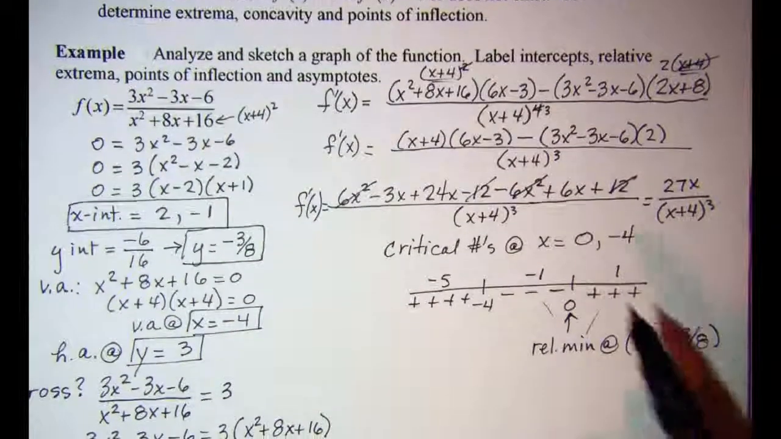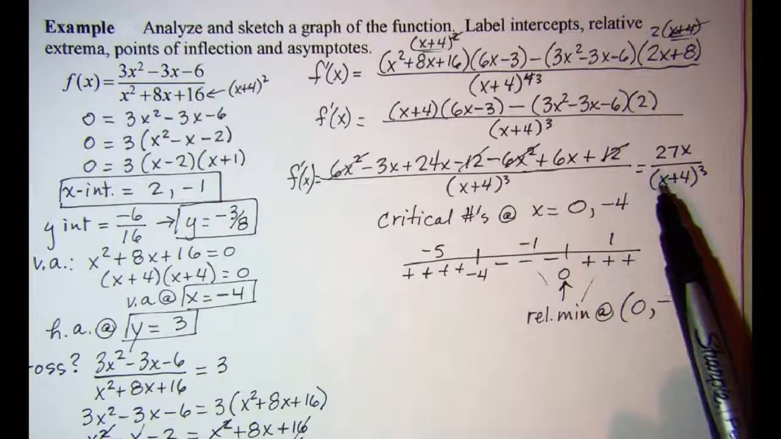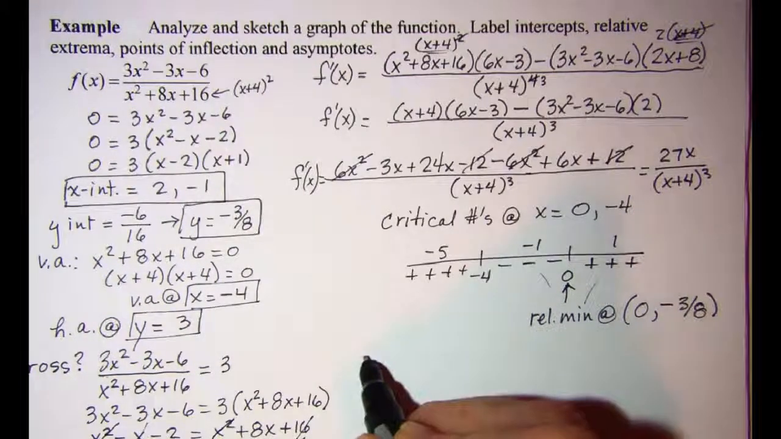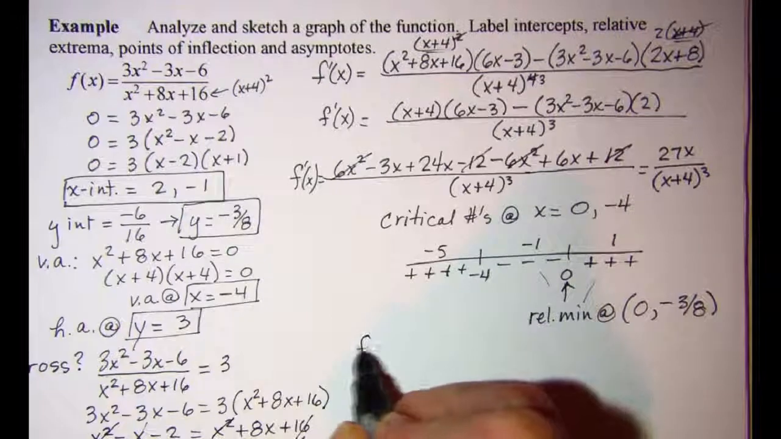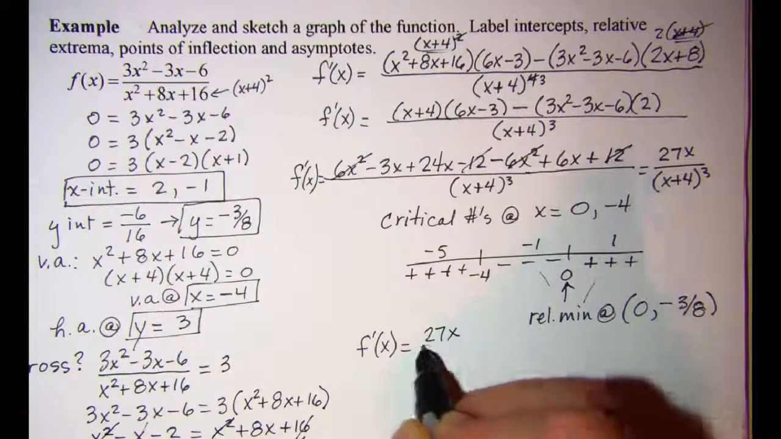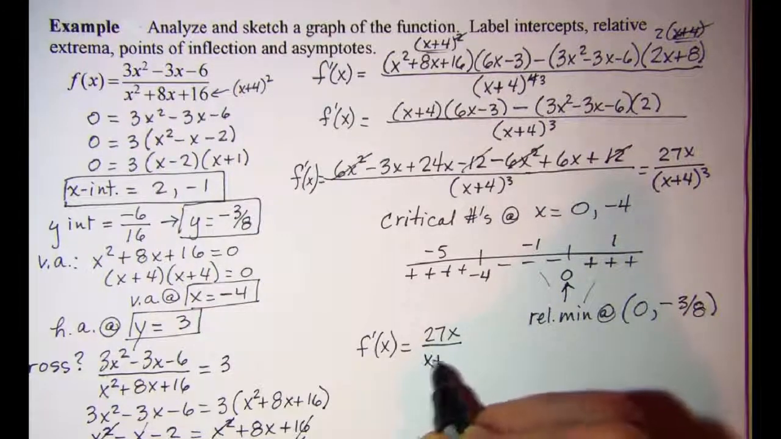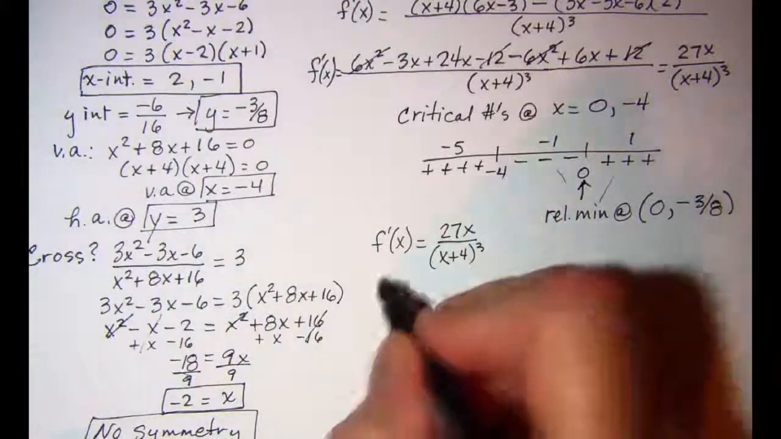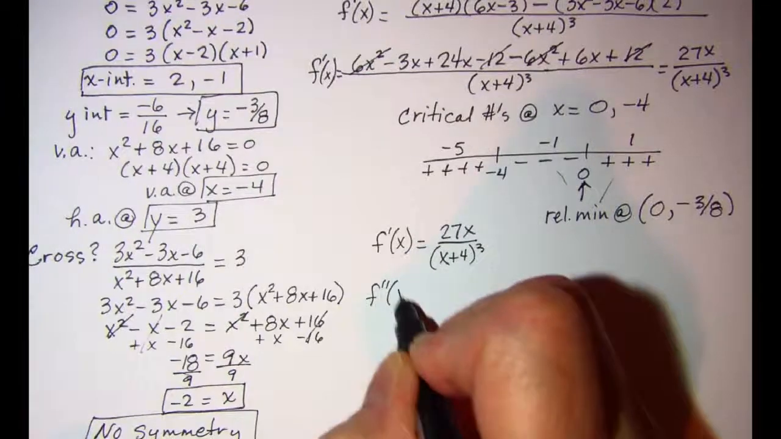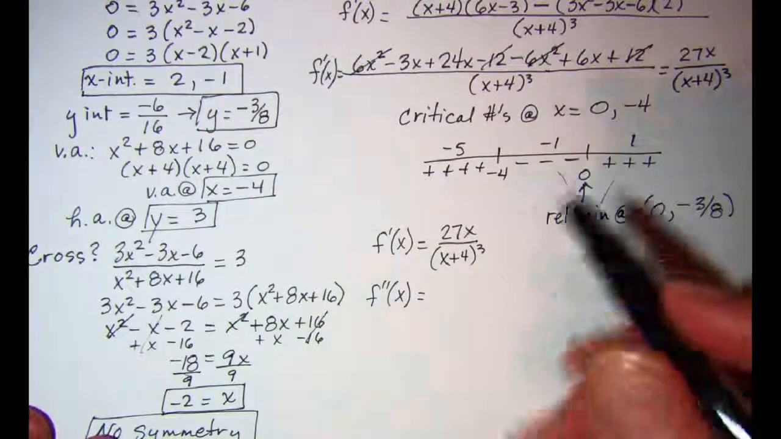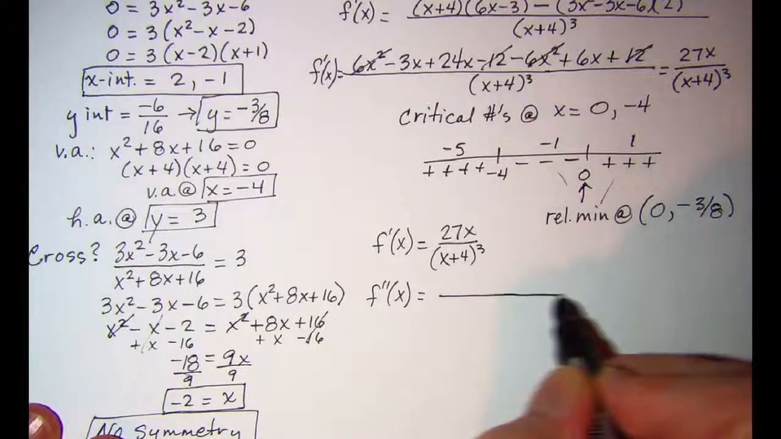Alright, now we can check our second derivative. This is our first derivative. So our second, let me copy that. First derivative was 27x over x plus 4 to the third power. So our second derivative is going to be